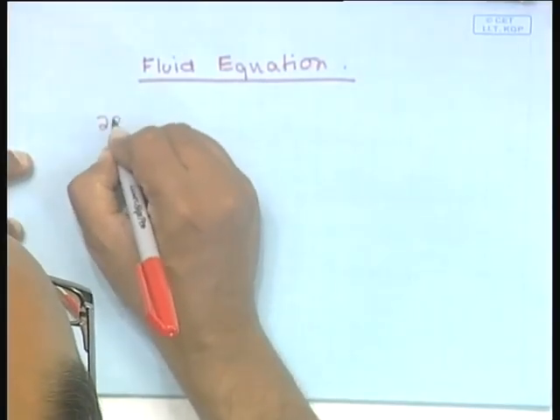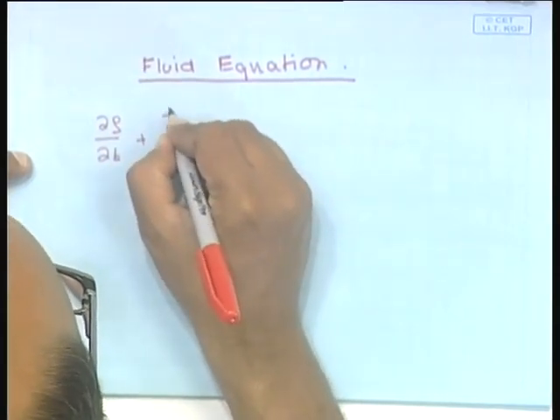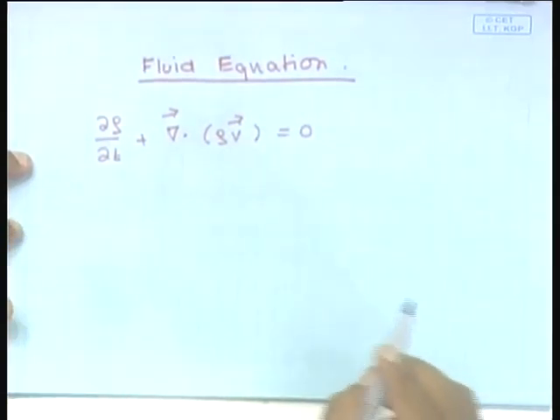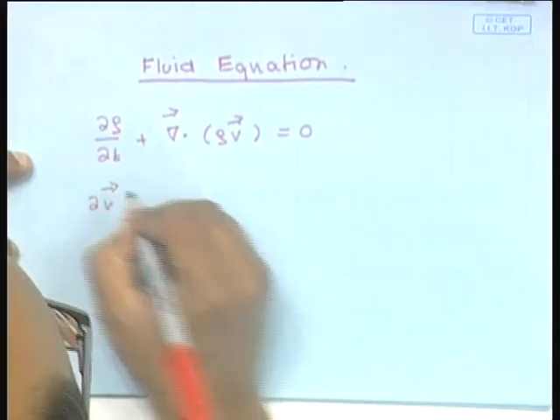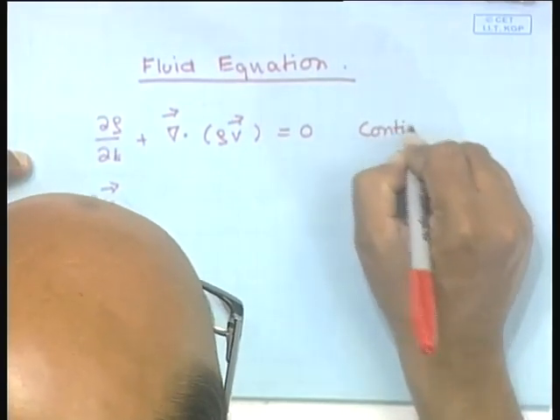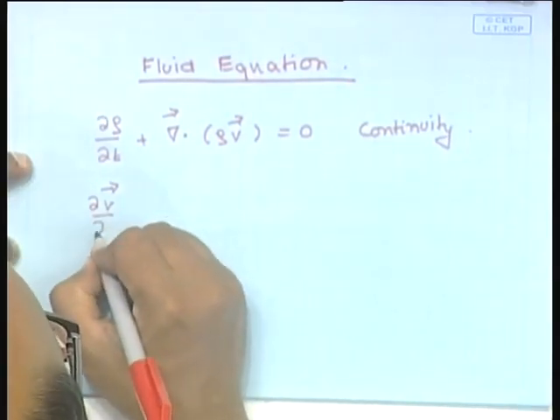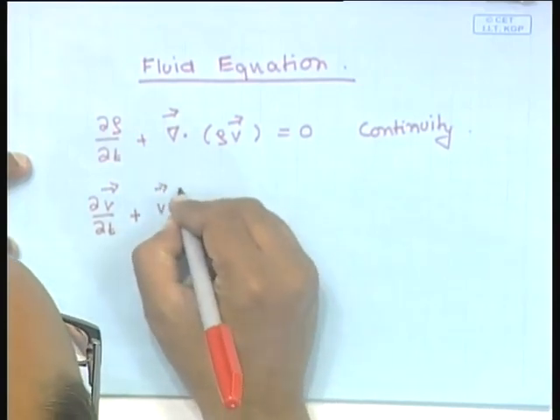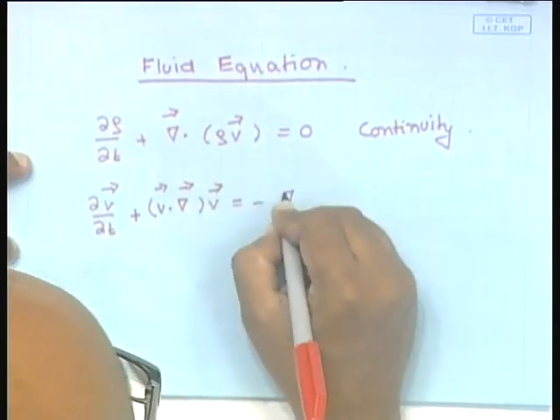So these equations are the continuity equation, del rho del t plus the divergence of rho v is equal to 0. That is the mass continuity equation. The second equation is the momentum conservation equation, del v del t plus v dot grad acting on v is equal to minus grad p